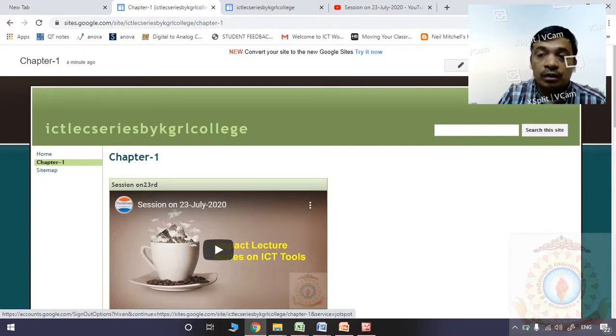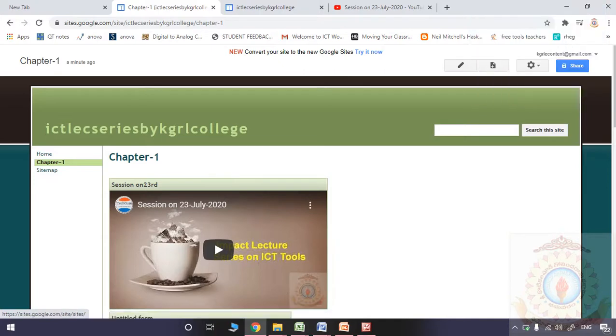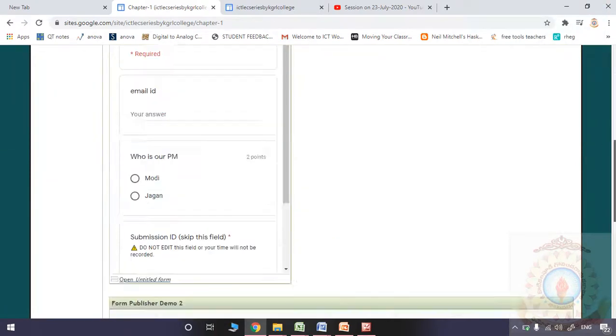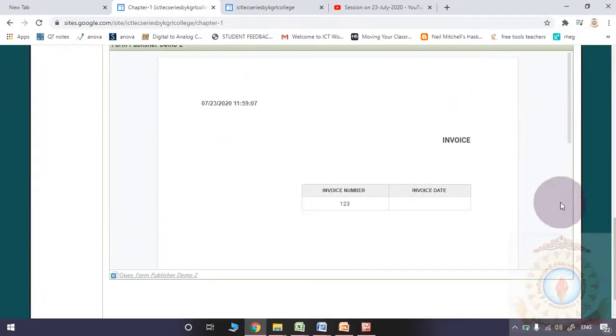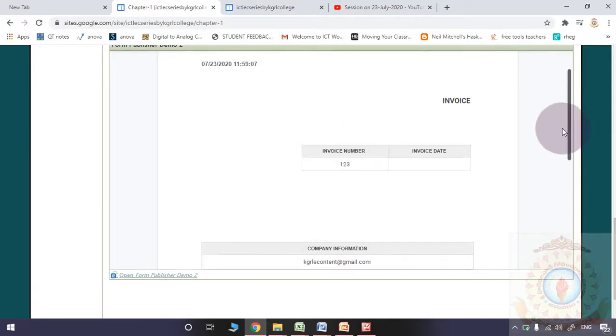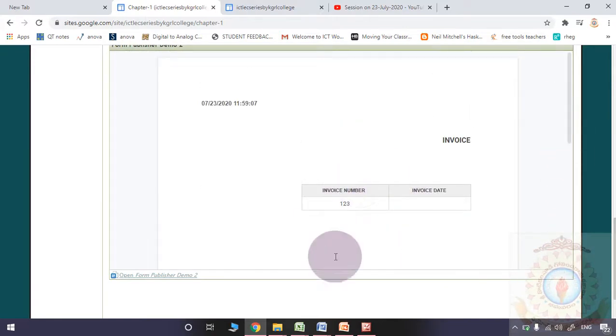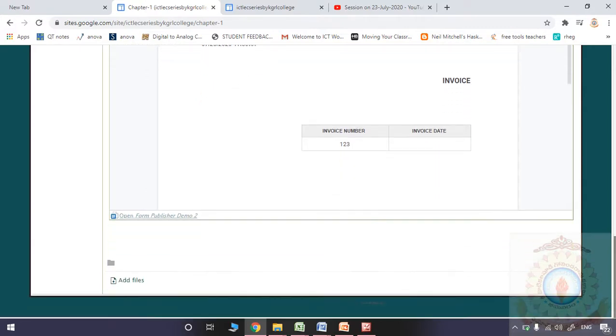From your Google Drive you may give the link in this particular web page. Then please observe, they may see the preview and they may read the material, everything from here. Is it okay? Even you can use the add files option to upload the material.